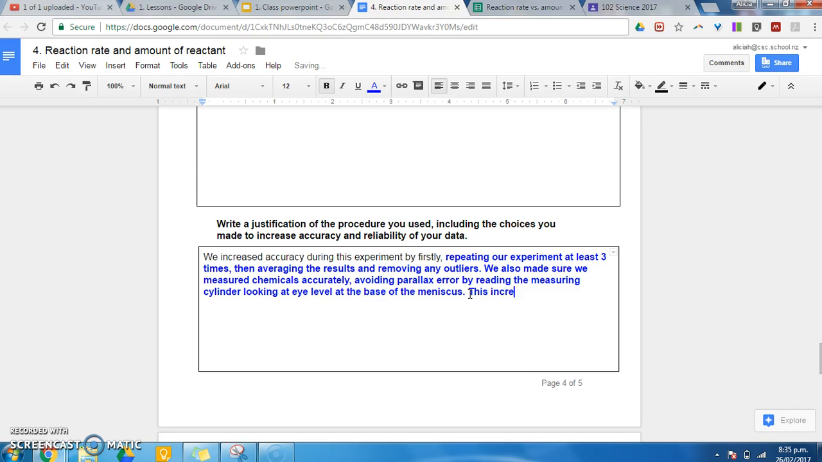This increased the accuracy of the investigation. So now we've covered the accuracy part, we're going to look at the reliability part. To make our results reliable, we controlled a number of variables. For example,